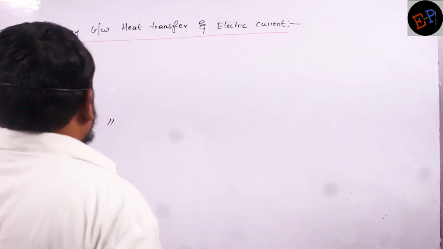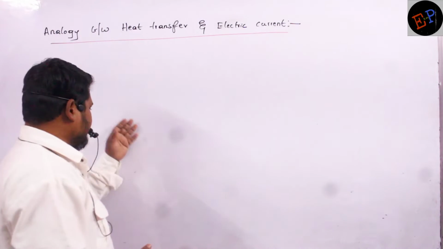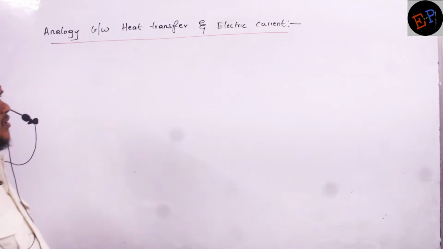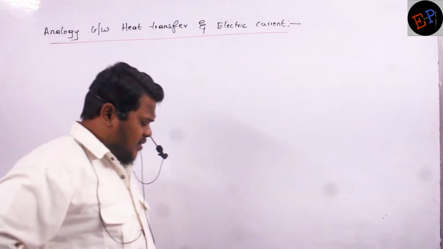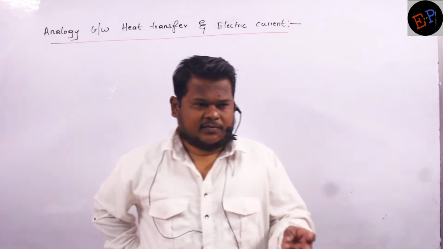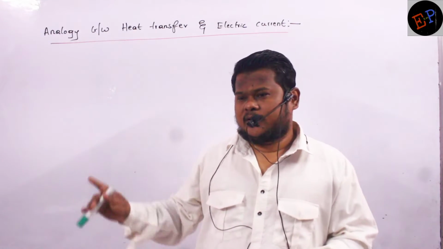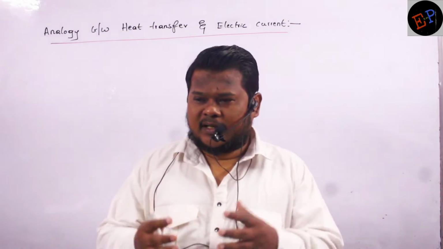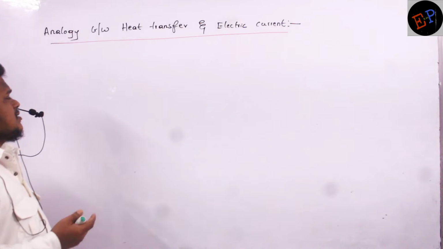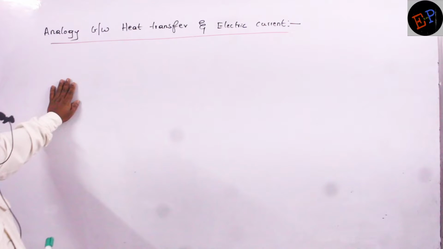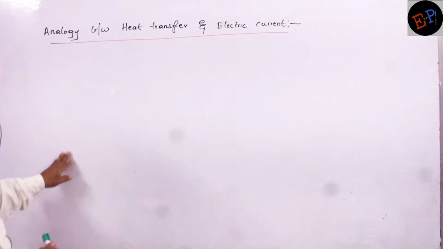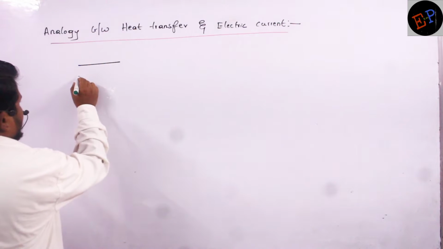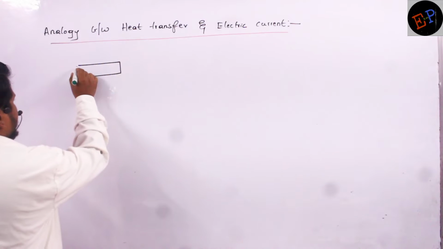Okay, the next concept which we are studying is the analogy between heat transfer and electric current. We already studied that heat flow, water flow, and current flow are analogous to each other. That analogy will be very useful for us in solving problems. So consider a piece of metal,